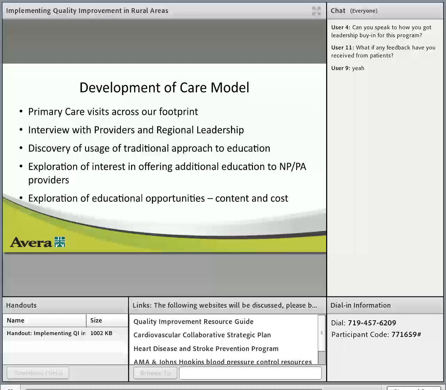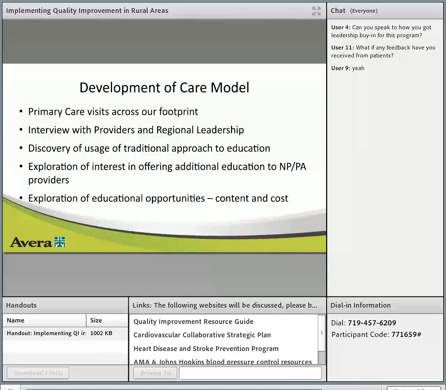During the time that they hired me at Avera, they were beginning to look really diligently at diabetes overall, the system, and what they realized is that there was very little educational abilities beyond our Sioux Falls area. So when we began, I went to 23 different clinic sites, and at those clinic sites, what we talked about